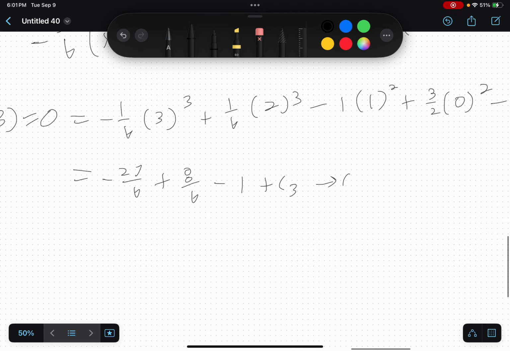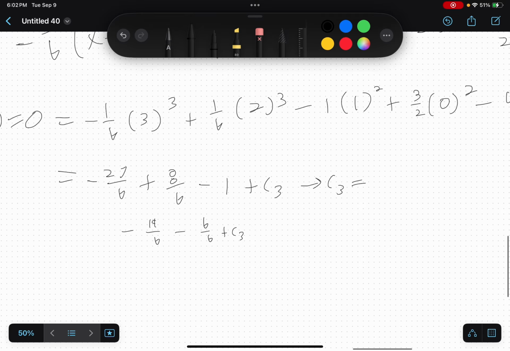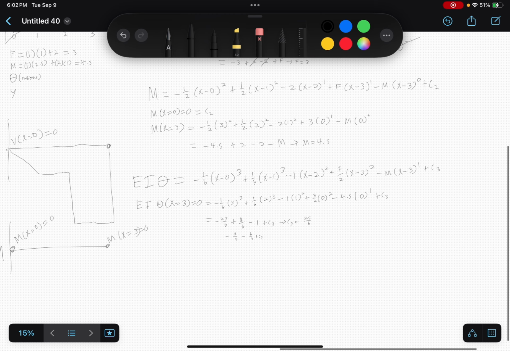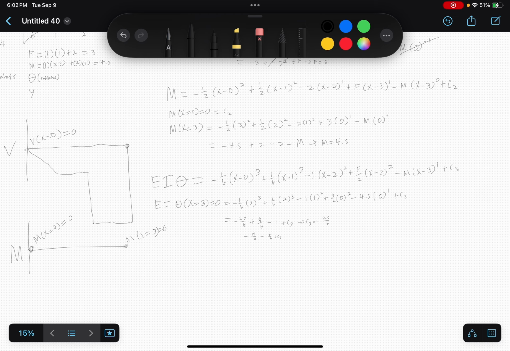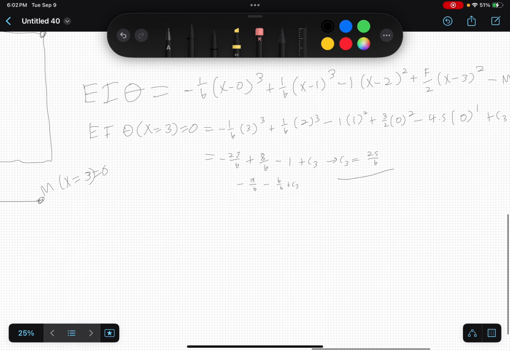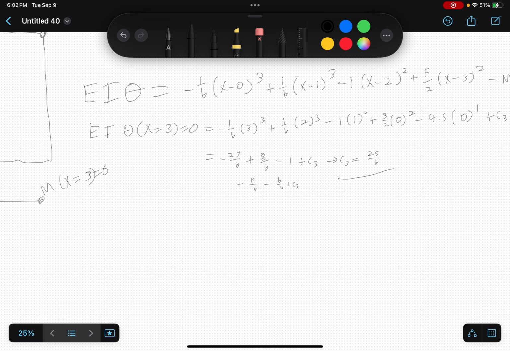Okay. So what would this be? Negative 19/6 minus 6/6. I think that's right, but my algebra might have gotten messed up. Okay, so we get C3 is 25/6. Cool. And then if we just say that both E and I equal 1,